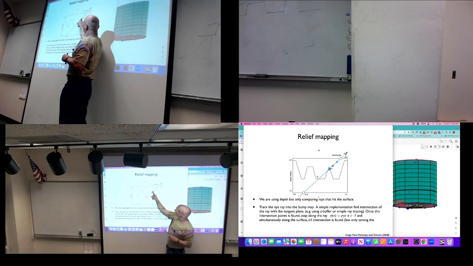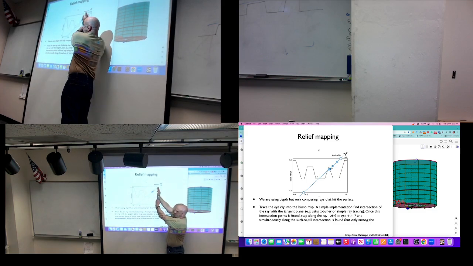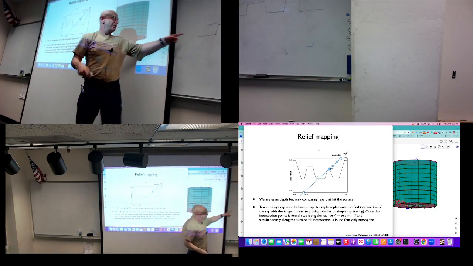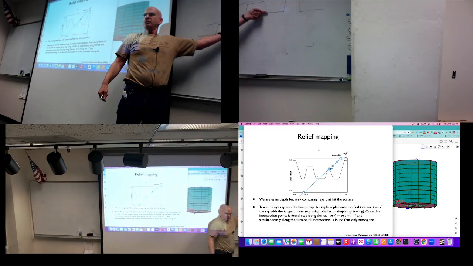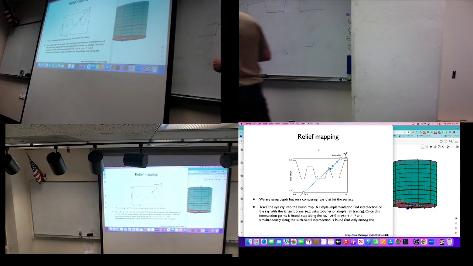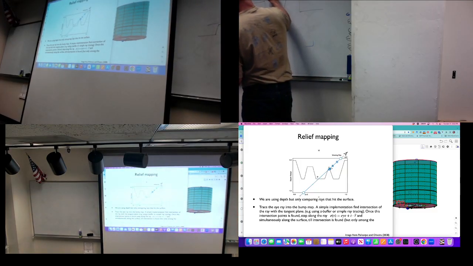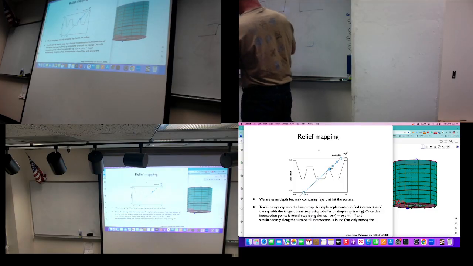And so I get my starting point, and now I go to the surface, and its normal plane will not do the job for me. What I need is a relief map that will tell me what is a Z value, what is a height,